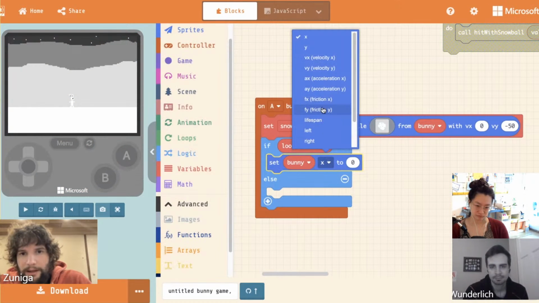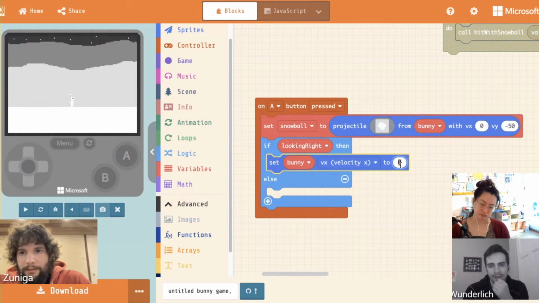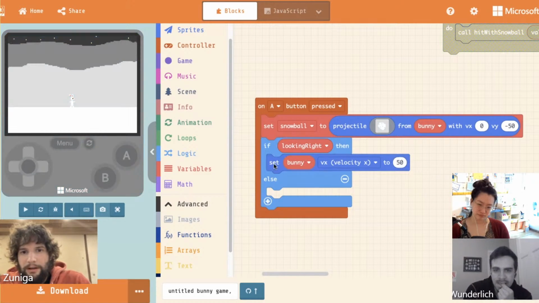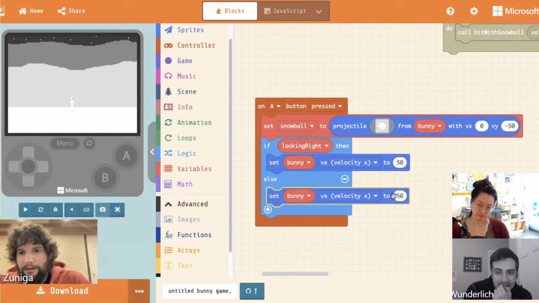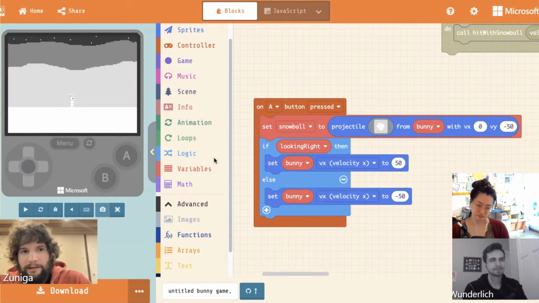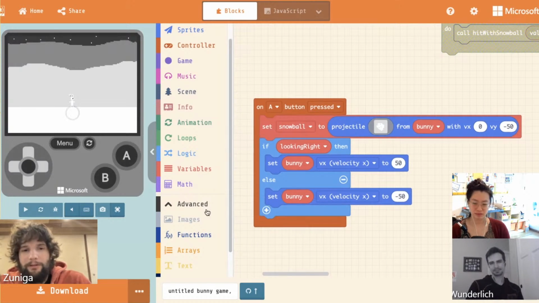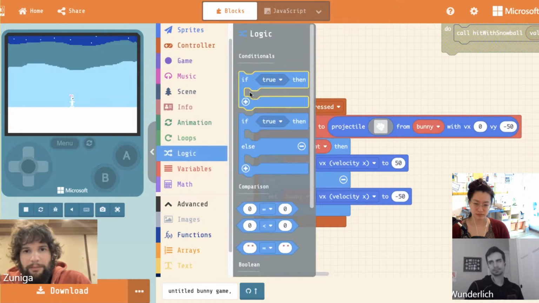Okay, Vx to be 50, otherwise negative 50. Let's see how this looks. And we'll only do this if we're sneaking. So on A button pressed,